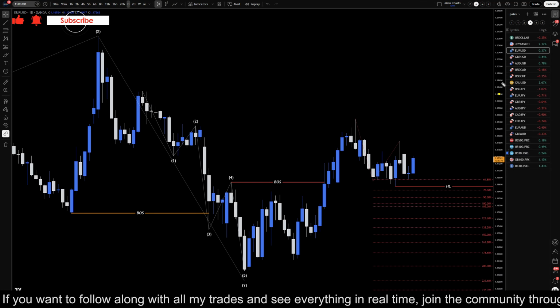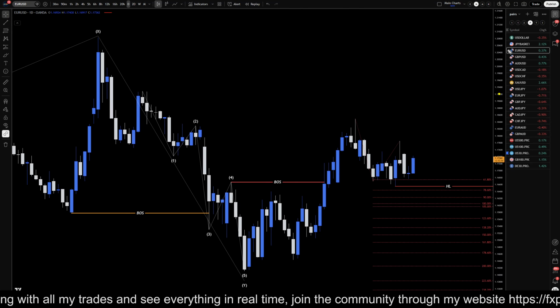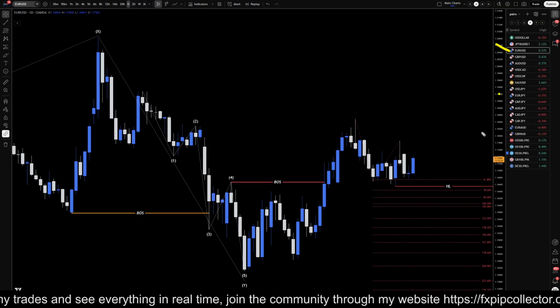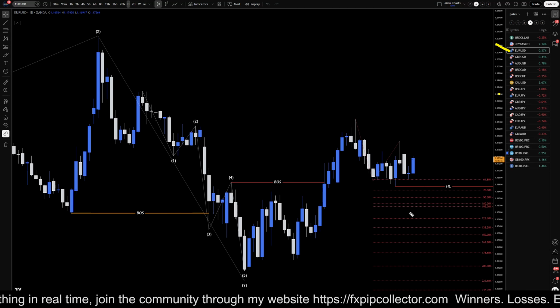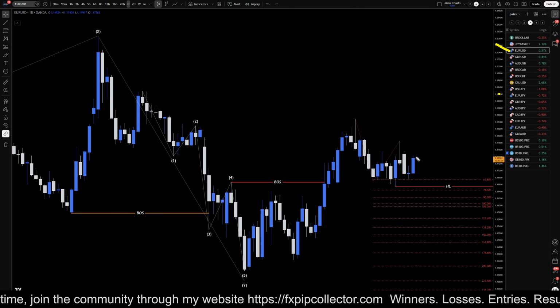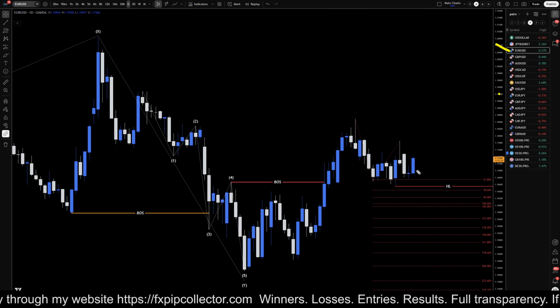Hello, traders. Today is Wednesday, May 6th, and this is my analysis for the Euro-US dollar, and we are on the daily time frame to start with. So on the Euro dollar daily time frame, we had this big engulfing move up last night in the Asian session because of an announcement that Trump made last night.